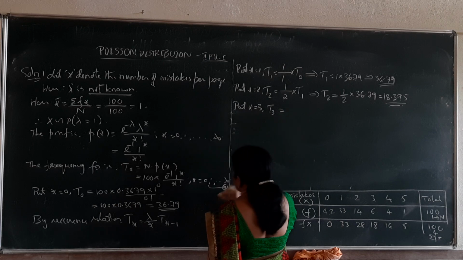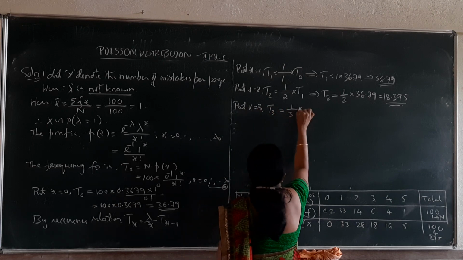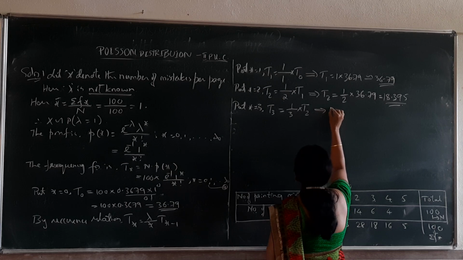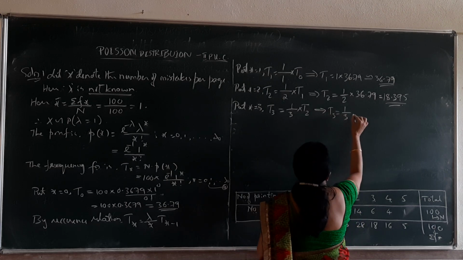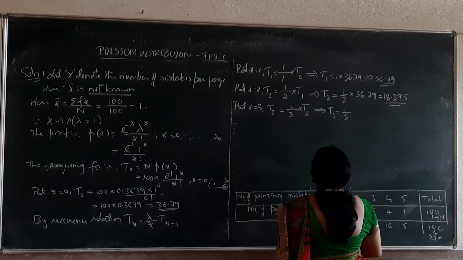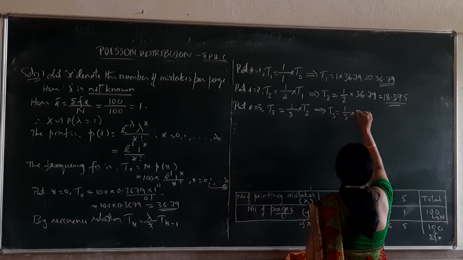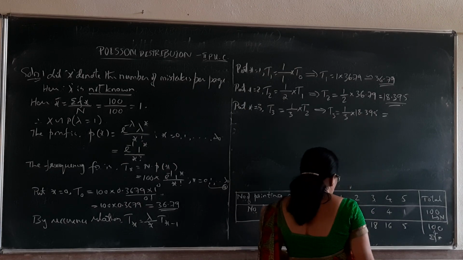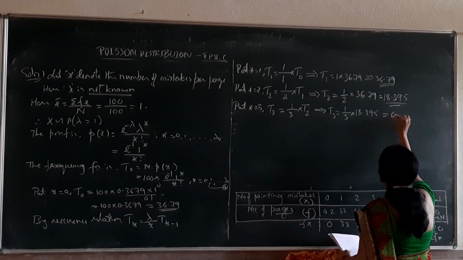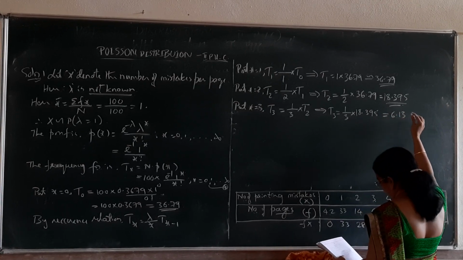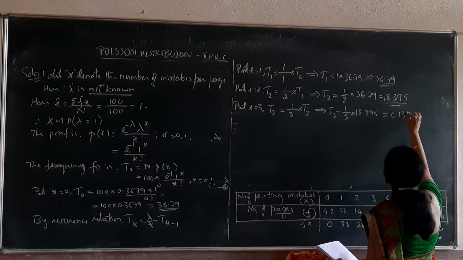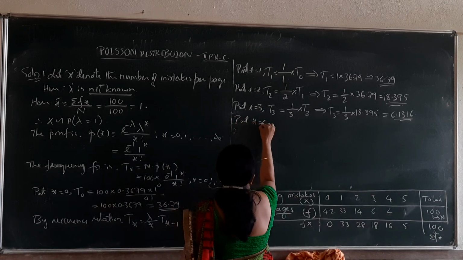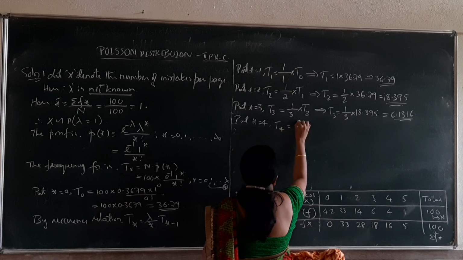Next, put x equal to 3 in the recurrence relation. T3 is equal to lambda, lambda is 1, divided by x, x is 3, into T of x minus 1, 3 minus 1, that is 2. This implies T3 is equal to 1 by 3 into T2. T2 is 18.395, so 18.395 divided by 3. Simplify that, you will get 6.1317. Okay. Next put x equal to 4. T4 is equal to lambda, 1, divided by